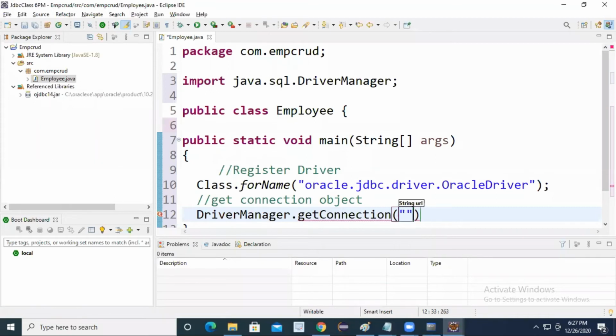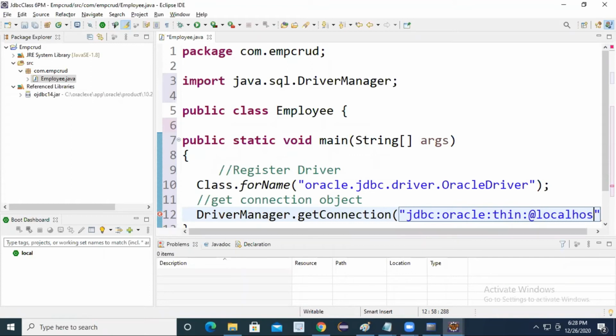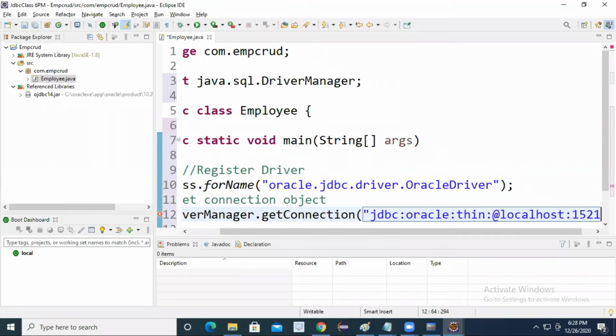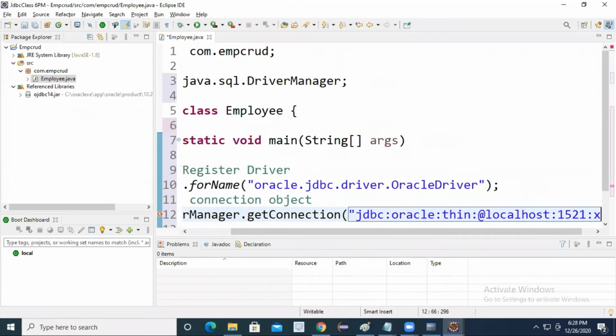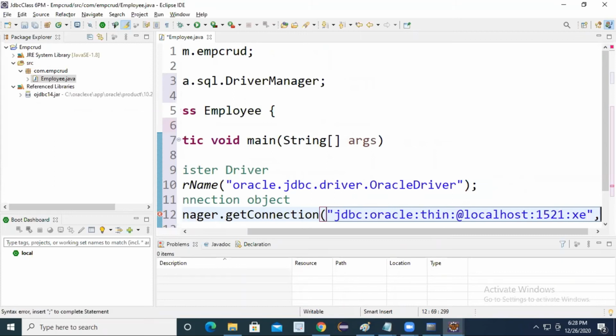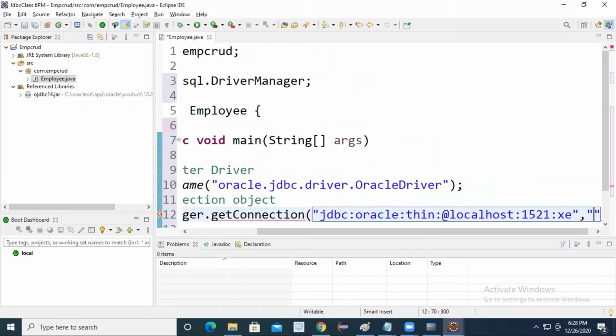Here you have to give the URL. What is the URL? Directly I will give jdbc:oracle:thin:@localhost:1521:xe, comma, username and password. What is the username?